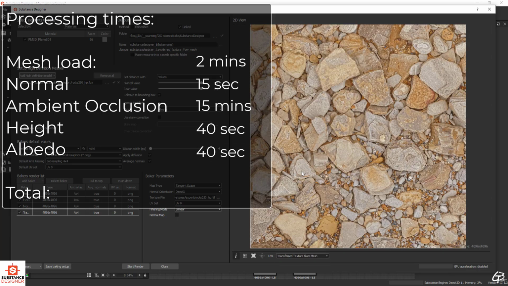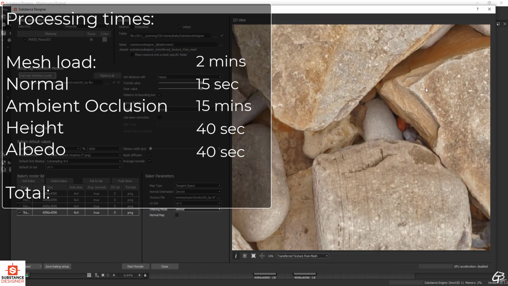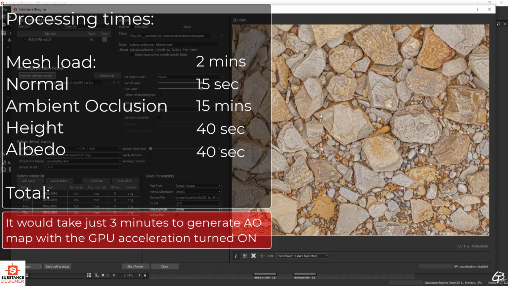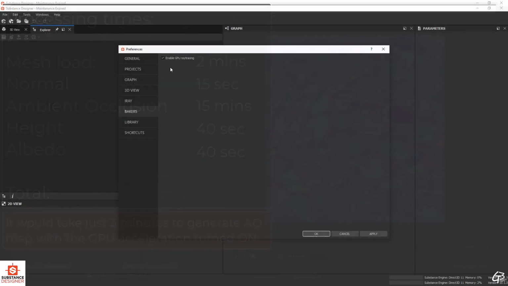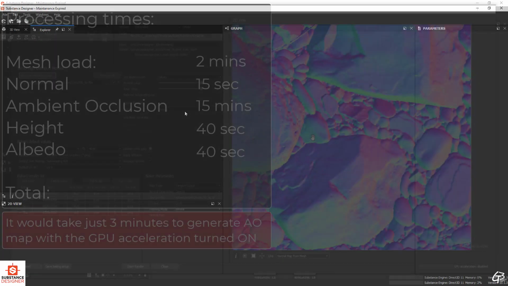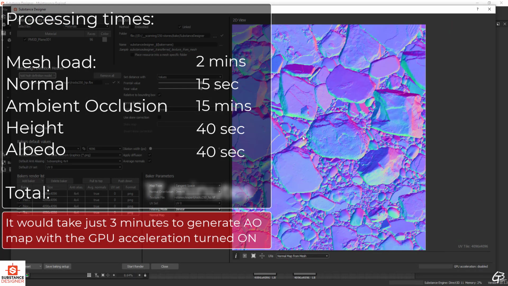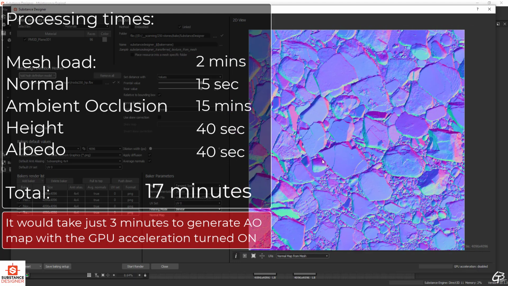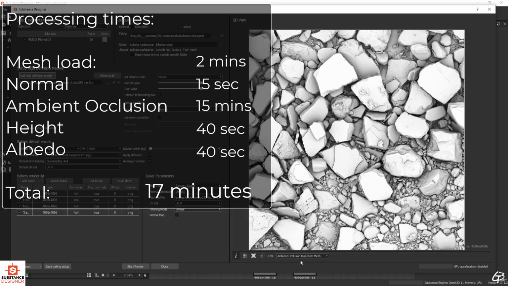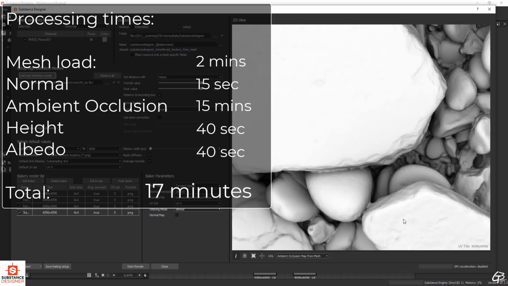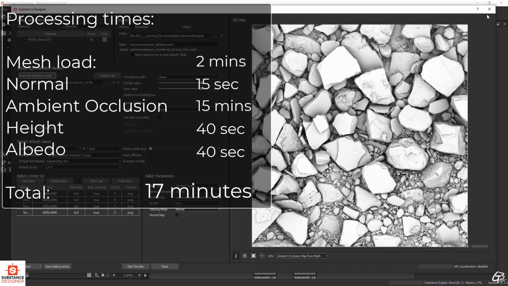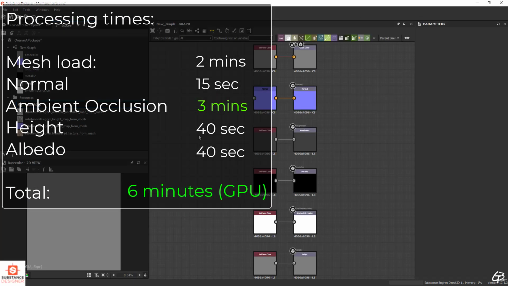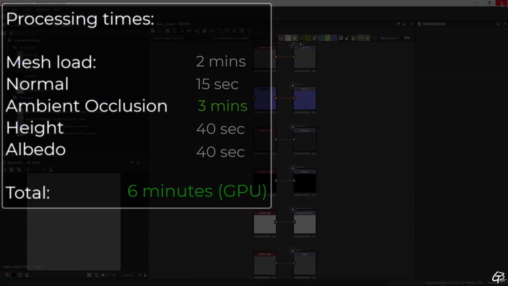map. The process can be faster if we have an RTX card or when we just activate the GPU acceleration in preferences, but this way we limit the mesh size we can process as it has to fit the video memory. Anyway, if we skip the setting part, it took 17 minutes to process the data by Substance Designer Baker and return 4 high quality 16-bit 4K PBR textures, which is a pretty decent score. With the GPU acceleration turned on, it would take just 6 minutes.